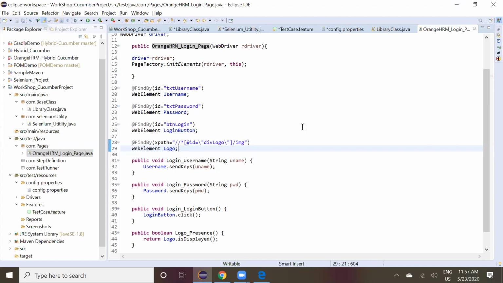With the help of FindBy annotations, I'm locating that particular web element with ID, XPath, or whatever locators we have learned. And I'm using PageFactory for initializing that element. This is what we saw last week. I didn't change anything here; the rest of the code is the same. Now Satish, you go to your test case feature file.